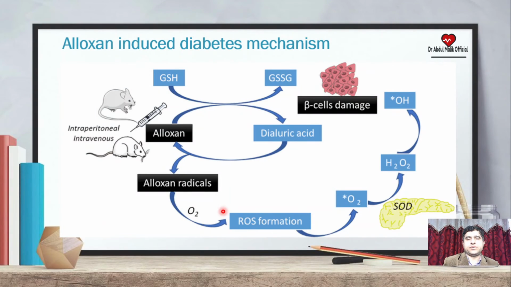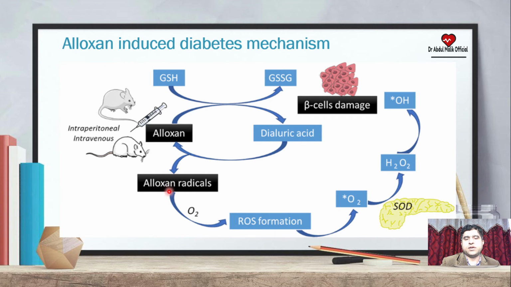So coming to the mechanism of action of Alloxan induced diabetes, in which you can see if Alloxan is given through intraperitoneal and intravenous route, then it is converted into diol-uric acid, that is form of uric acid with some other compound, and the reduced glutathione converted into oxidized glutathione. It tries its best to stop this mechanism, but the concentration of the Alloxan is higher, so it converted into